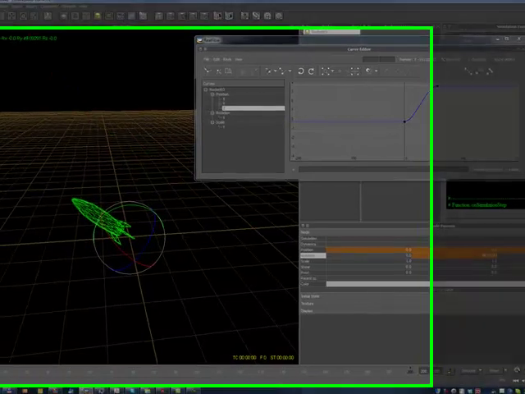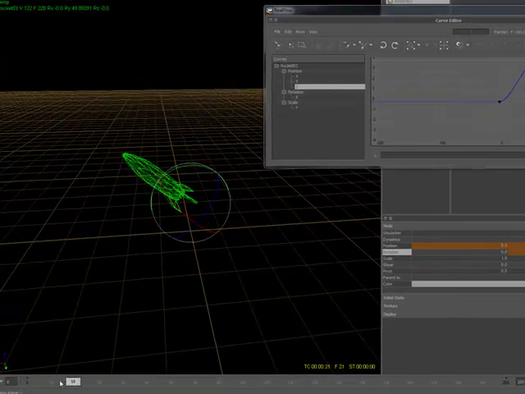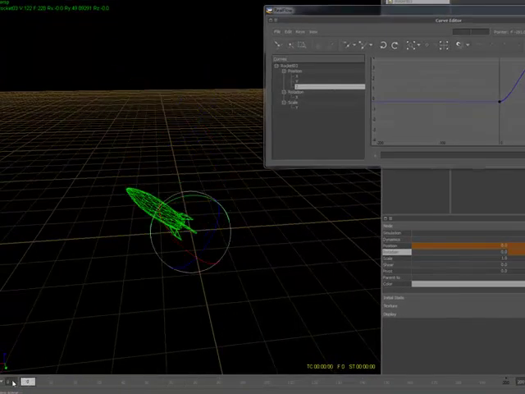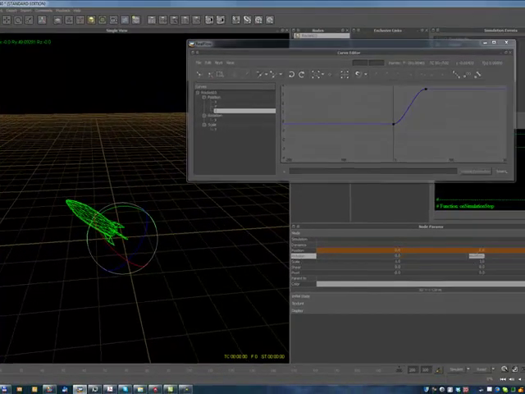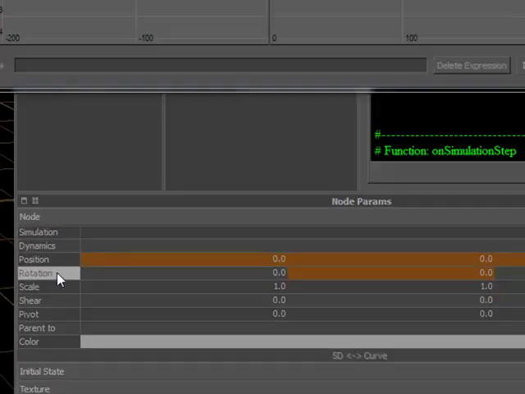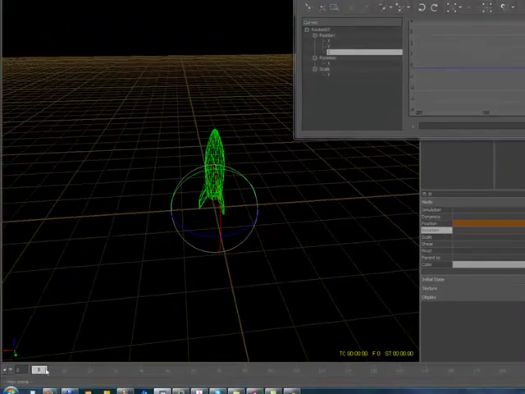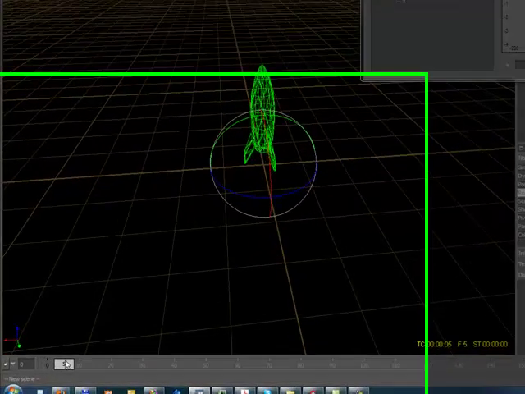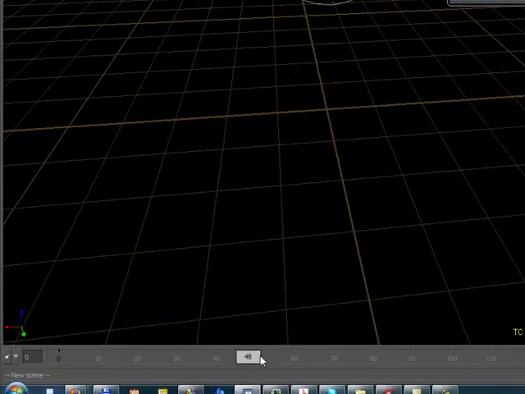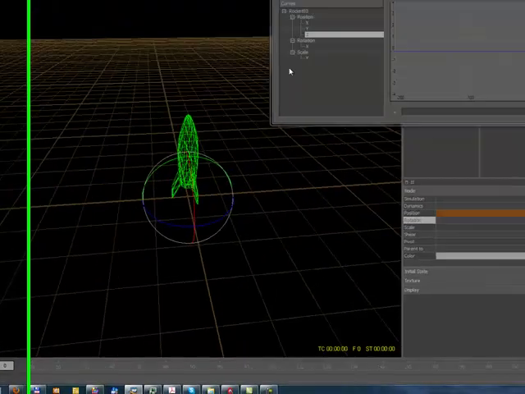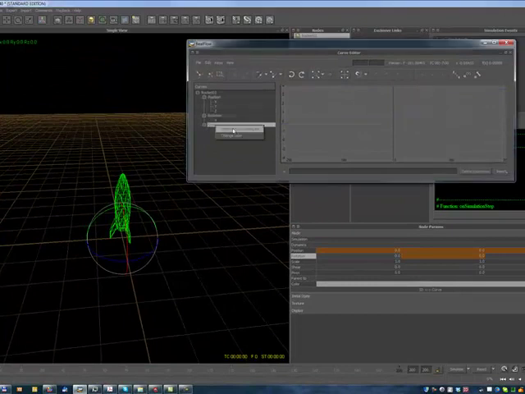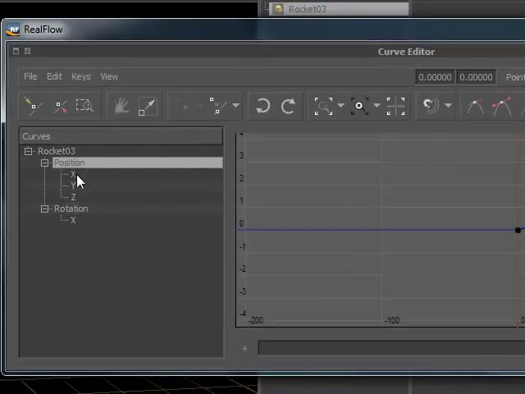If we go back, you see that at the 0 there is no keyframe, so we have to set a keyframe here too. So I just put in 0 and Y, add the key. And now the rocket is gonna change direction. Okay, so we don't need the scale, we can just remove from the editing list, and let's try to edit